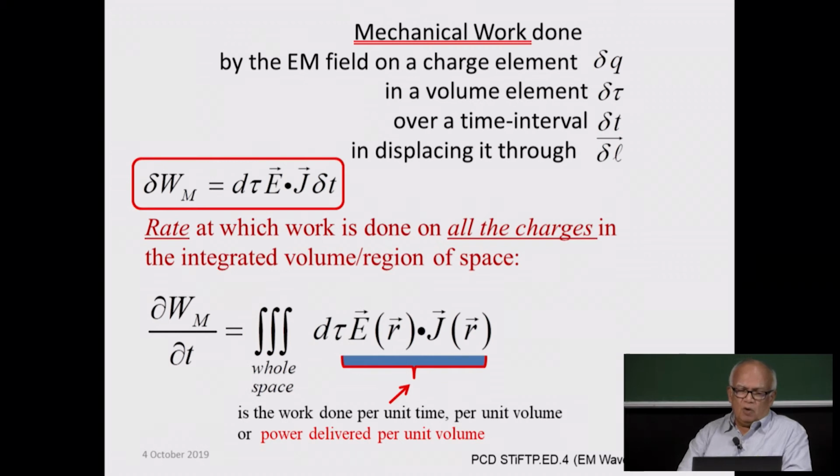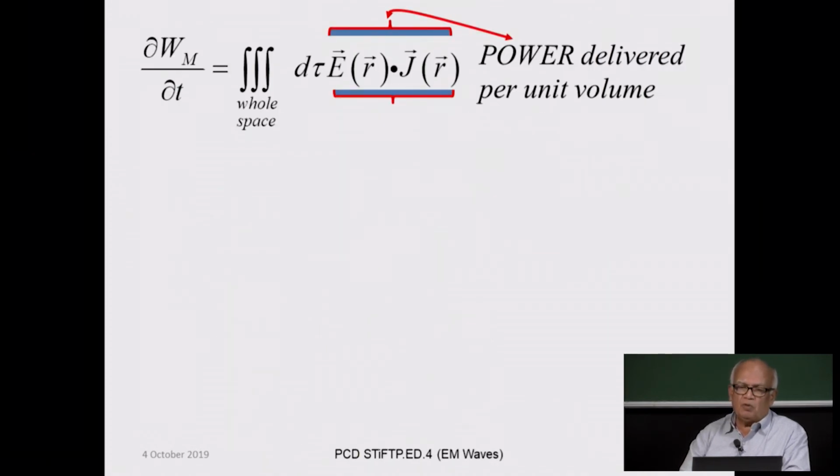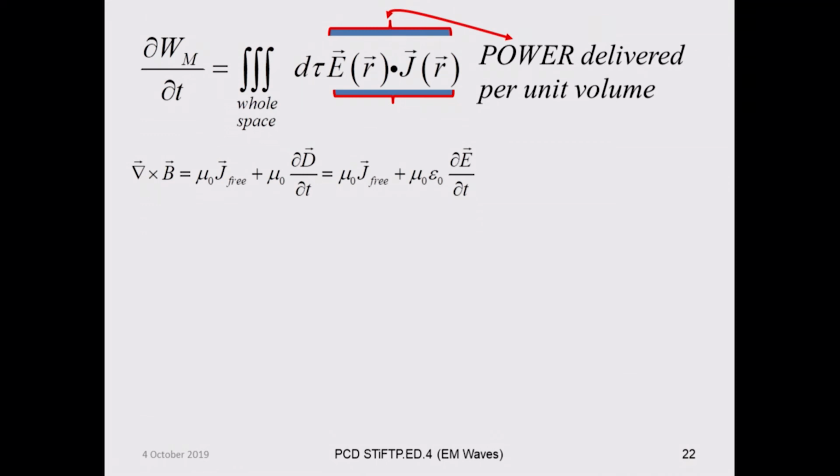So, you are doing a volume integral of work done over unit time per unit volume, which is actually the power delivered, right. The rate at which work is done is power. So, this is the power delivered per unit volume, right. Why per unit volume? Because J is the current density. So, there is a per unit volume element over there. Okay. So, this is the power delivered per unit volume, and now we can use Maxwell's equations over here